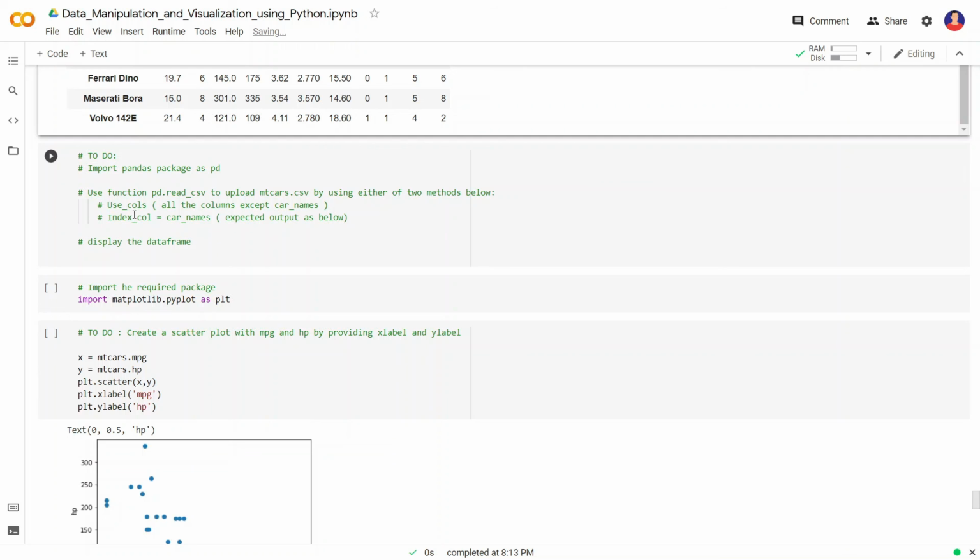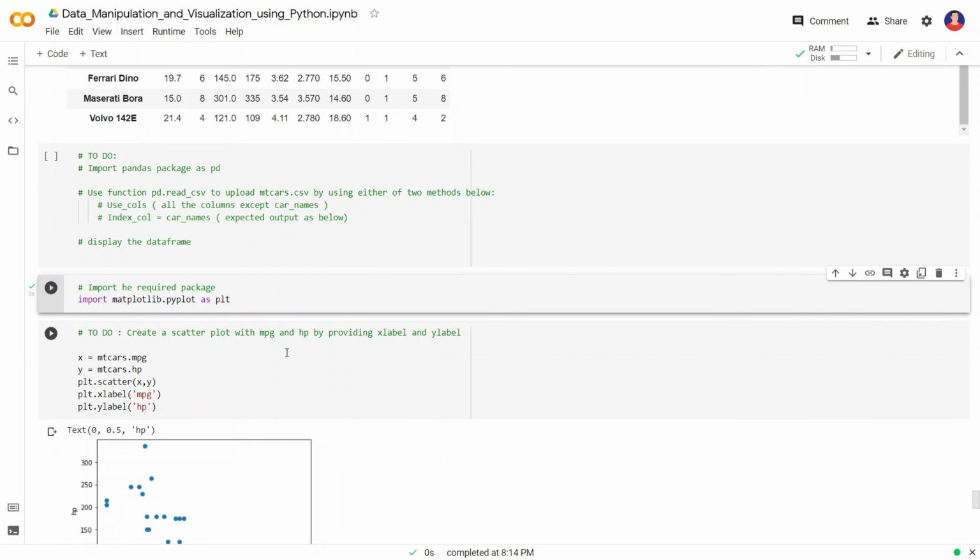Now we have to import the pandas package to do the basic operations and use the matplotlib library. As we have imported it at the very beginning of the notebook, we are not importing it again. Now we are importing matplotlib pyplot, that is the Python plot library. So import matplotlib.pyplot as plt. plt is the alias name.